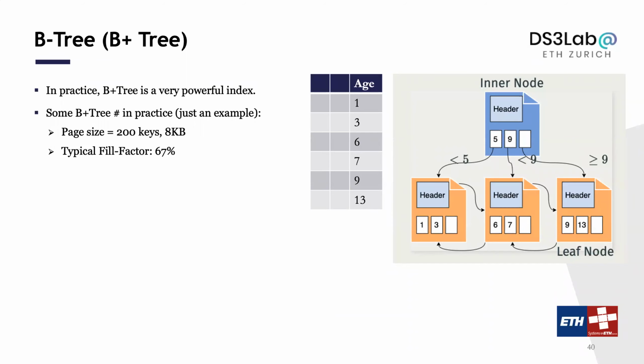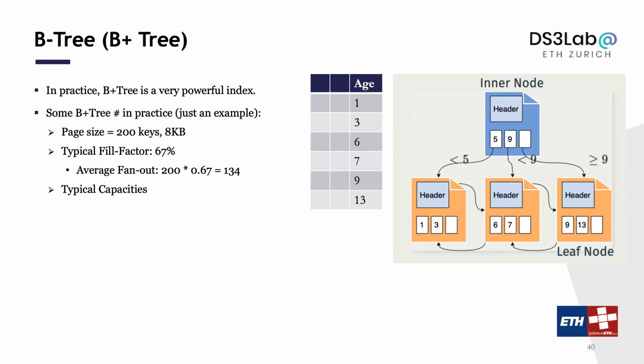So the typical filling factor in a B+ tree in practice is somewhere like 60%, something like this, which means that every single node will be about 67% full. So assuming that's the case, the average fan out of the tree will be roughly 130. That's 200 times 0.67. So for every single inner node, you are going to have, on average, 130 children in this example. Okay, so given these constants,